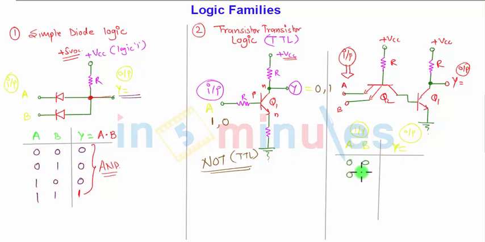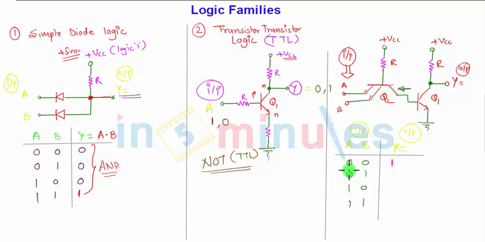So four combinations. First combination 0 0. If both the inputs are 0, the emitters are grounded. The VCC supply base is already present at Q2, so this transistor will turn on and it will fetch the current in this direction. Since this is also an NPN transistor, current is going away from the base. Transistor Q1 will be off. If Q1 is off, the output will be 1 here as the current is pulled down.